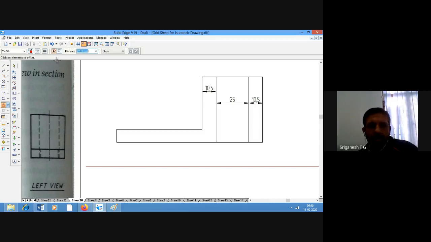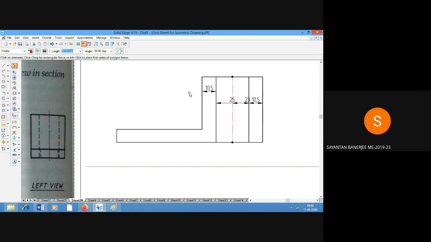I'll go to offset. Distance will be 46 is the diameter, so that means 23. Offset it by a distance of 23. Let me draw the axis first. So this is the axis line. From here, how much will this distance be? 65.